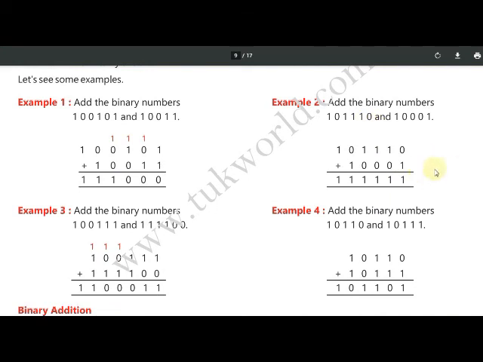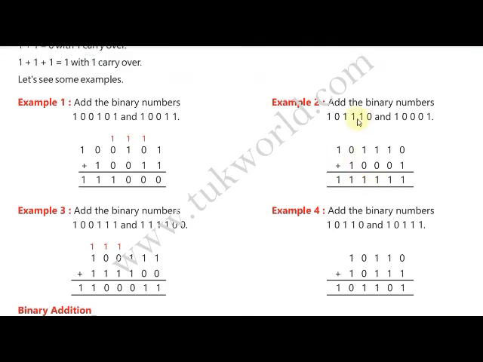From the right side we have to start to calculate. 0 plus 1, it is the addition of a false value and a true value. 0 plus 1 is equal to 1. Now no need to carry. 1 plus 0 is equal to 1. 1 plus 0 is equal to 1. 1 plus 0 is equal to 1. Okay, now 0 plus 1 is equal to 1, and 1 as it is we have to write. So this is the newly generated binary of the addition of the given two binary numbers from